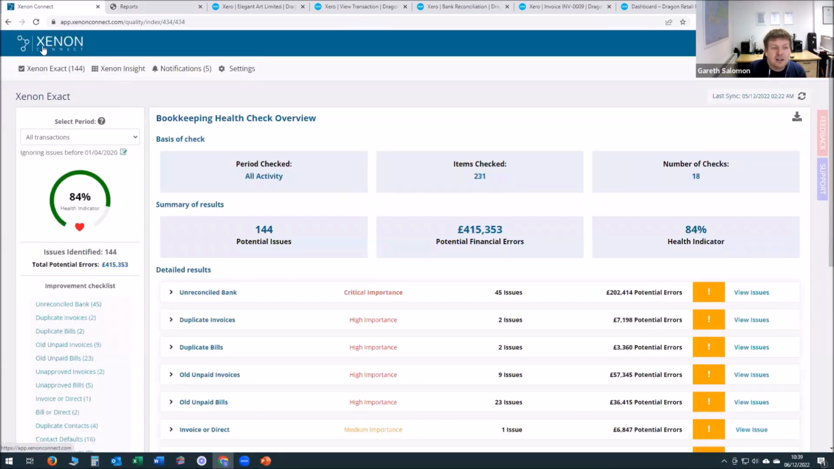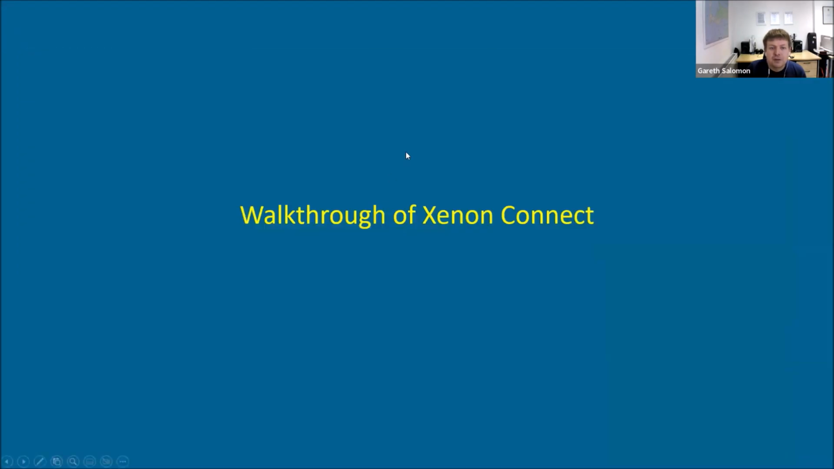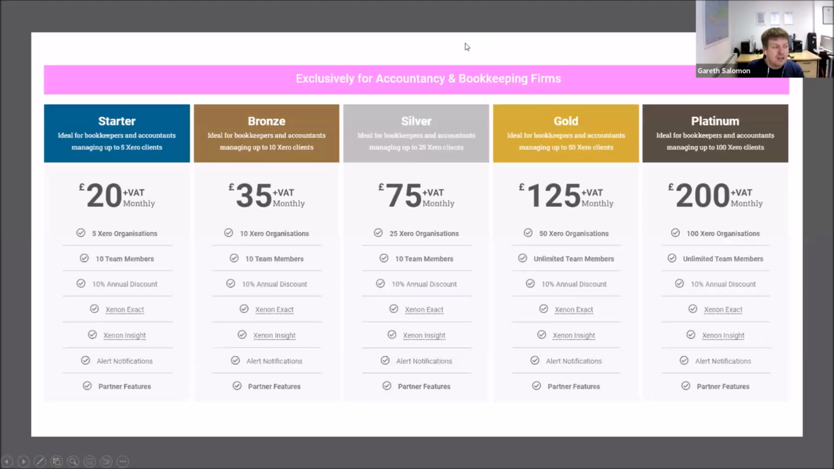So if I go back out now to the slides, just minimize this. We'll look at the pricing of Xenon Connect. So we're really transparent with the pricing. And now if you just want to add one client, because you're perhaps an internal bookkeeper, you can do so for £9 plus